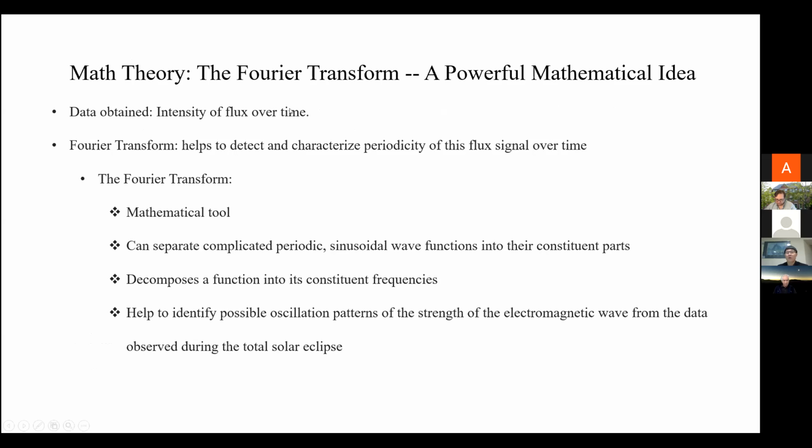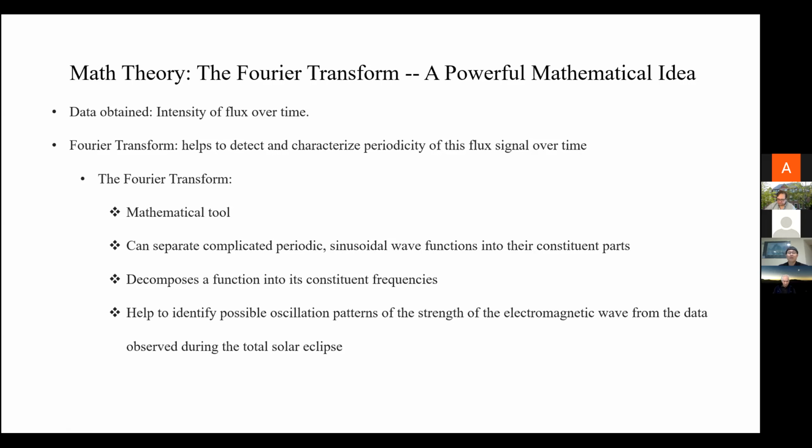So a really remarkable and quite powerful mathematical idea here is the Fourier transform. That helps to detect and characterize periodicity of flux signal over time. Now, this is a mathematical tool that can separate complicated periodic sinusoidal functions into its smaller constituent parts. And it can decompose all of these complicated functions into just basic sine and cosine functions. It can help to identify the possible oscillation patterns of the electromagnetic waves from data observed during total solar